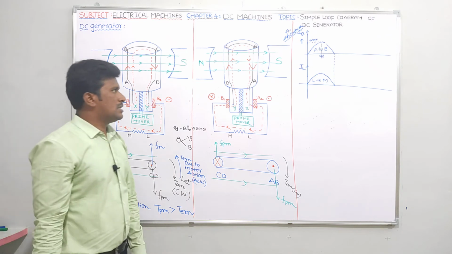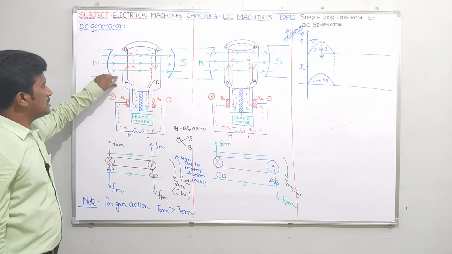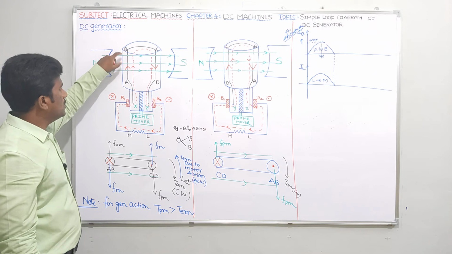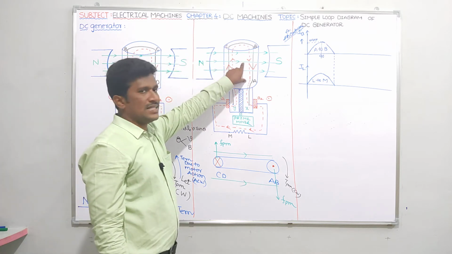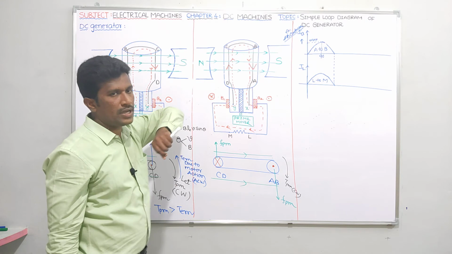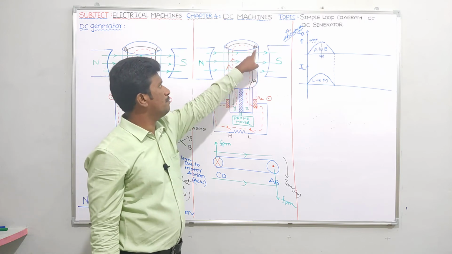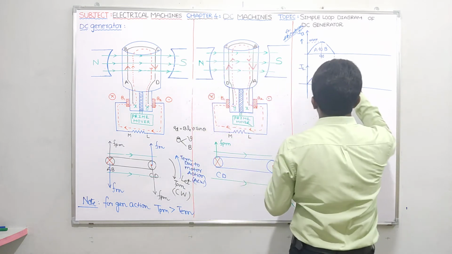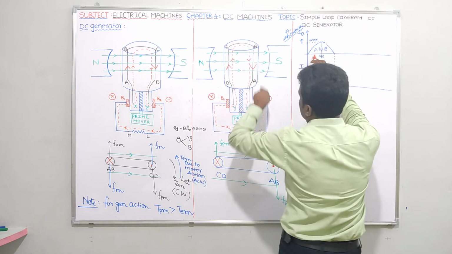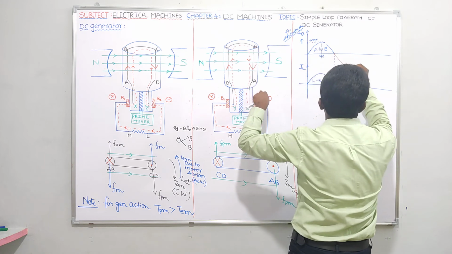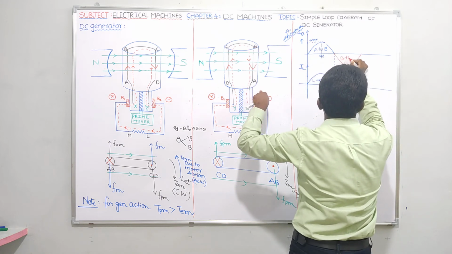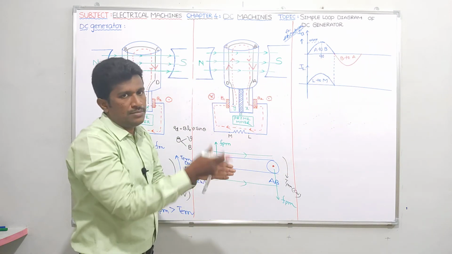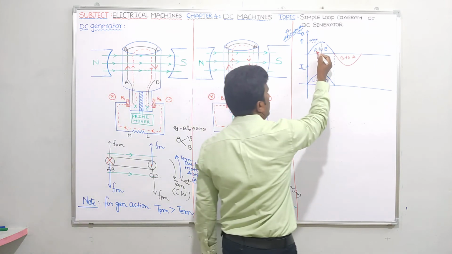Okay. Now tell me guys. Initially, in this case, current is flowing from A to B, right? From A to B. Okay. Now in this AB conductor, after 180 degrees, how is current flowing? Is it B to A or A to B? It's B to A. So please let me show the armature current waveform. Initially A to B, after 180 degrees it is from B to A. So let me show B to A like this, because previous A to B I am showing as a positive cycle. B to A I am showing as a negative cycle. Okay, if you assume this one as north pole, it becomes south pole. Okay, very simple.